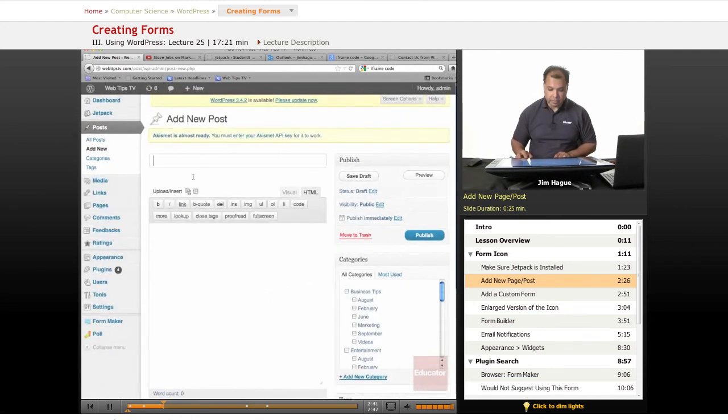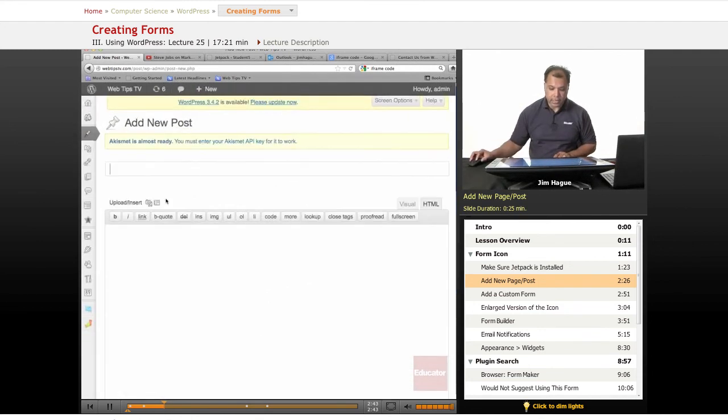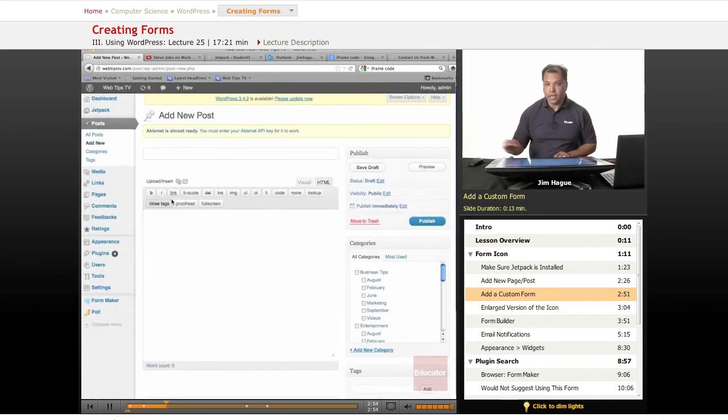We're going to go back to the slide. But this little icon right here, if you see a little alt tag, a little message that pops up, add a custom form. That can only work if your Jetpack is installed. If it is not installed, it will not be there. So Jetpack has to be installed. To give you an enlarged version of it, here